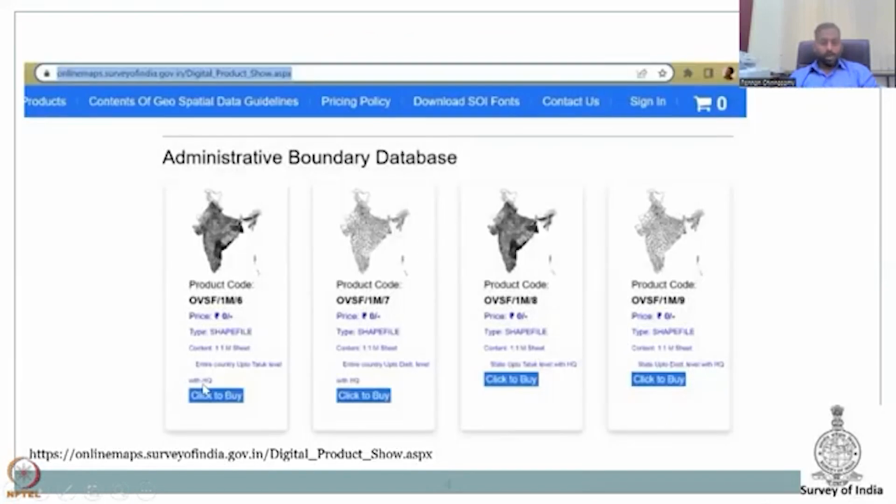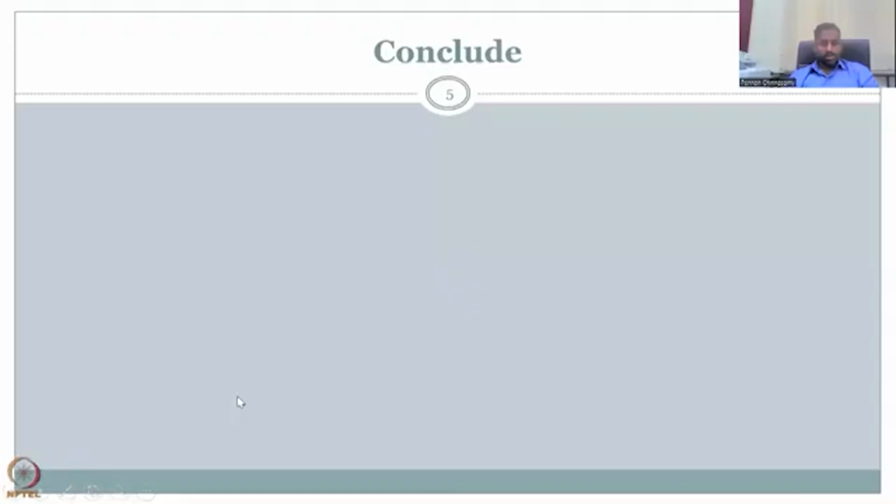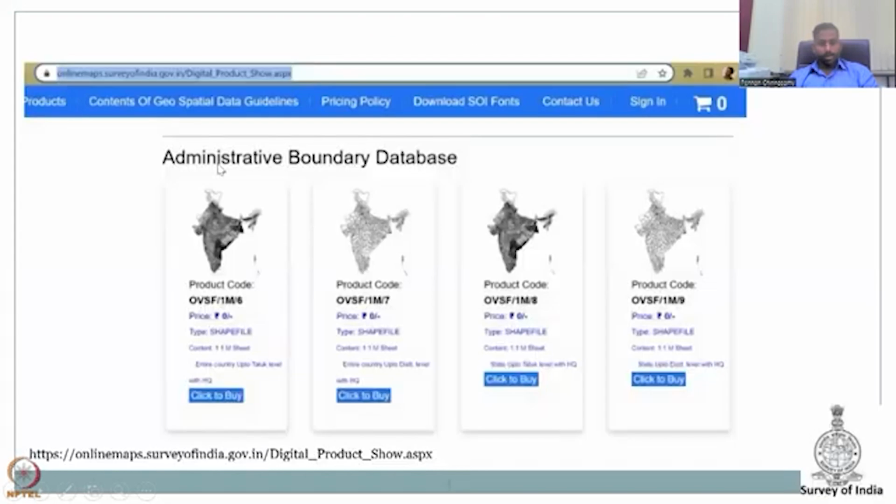Moving on, I also would like to open this data portal where you can take the data. There's multiple things that you can download in terms of geospatial data. Let me quickly open it. So if you click this link, you will get into this web page. Let me open it for you, and we will see that